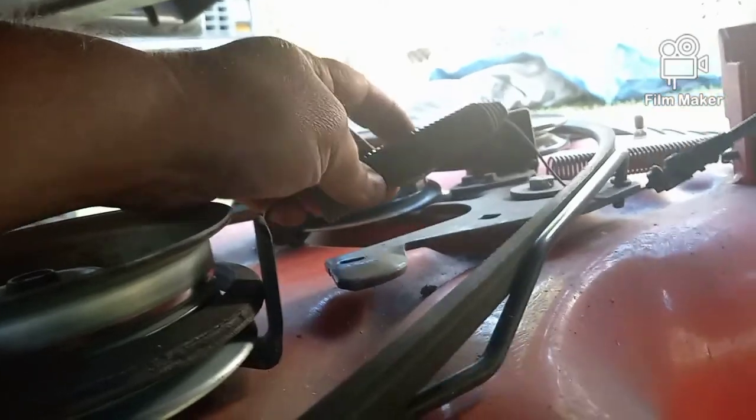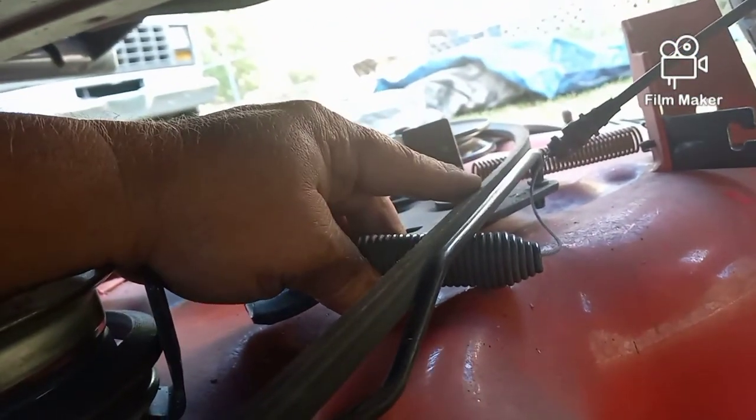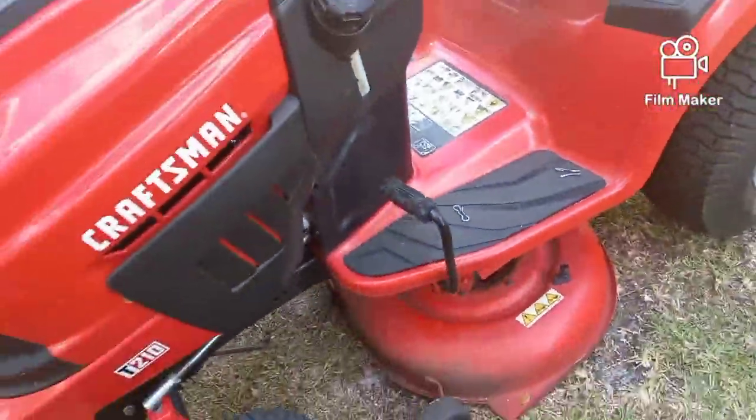Once you bend it and get it out of the way there, then you can usually work the spring off. I don't know if you saw that, but you work the spring off, and then to put it back on the same way. Make sure it goes underneath of this lever and underneath of your belt when you put it back on. And now we're completely free of everything. Now I can put you back in the tripod